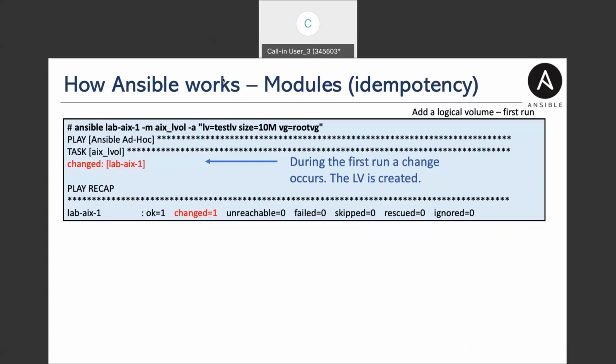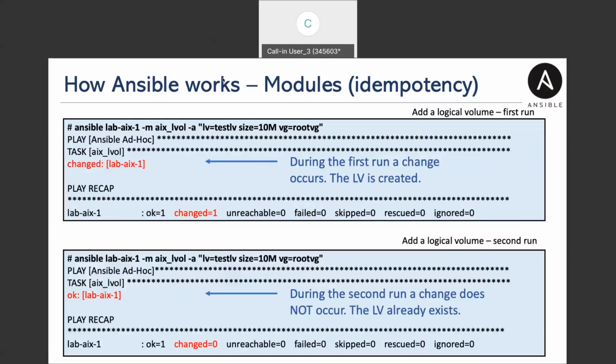Okay. So when I run that command, Ansible goes away and it says, do I need to make a change? Now, I haven't specified in there that it has to be present. The default for the AIX logical volume module is present. So basically it says, I want to create this logical volume if it doesn't exist. So you'll see the first time I run it, it says changed lab AX1. So it's gone and created that logical volume for me. If I ran that again, straight after,